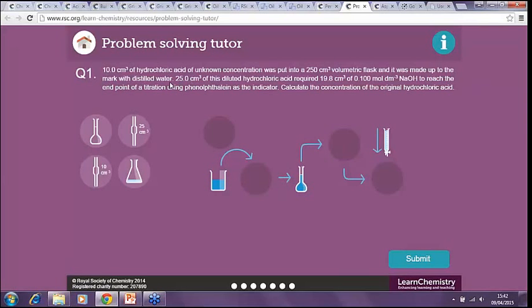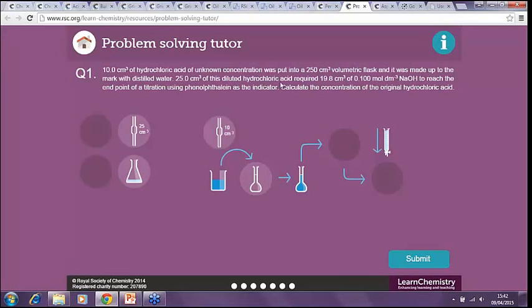Okay, because if you think about what's being described here, this would be something that you could do in the lab. So it's saying 10 centimeters cubed of hydrochloric acid of unknown concentration was put into a 250 centimeter cubed volumetric flask. So what would that actually mean? Well, I would need a pipette, and I would need to pipette that into a volumetric flask. Okay, and then it goes to the next stage, and it's saying 25 centimeters cubed